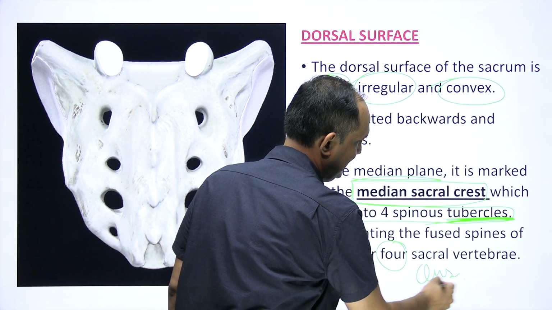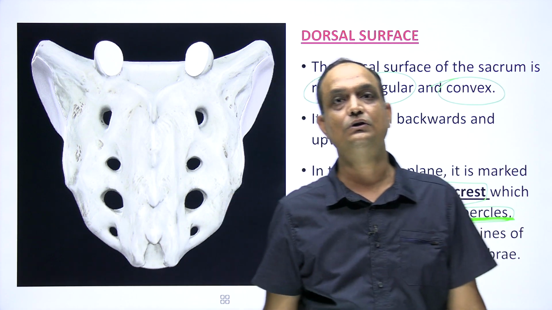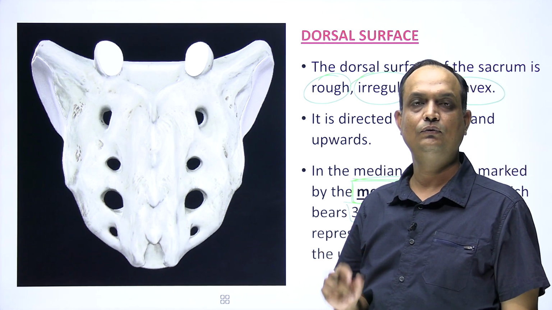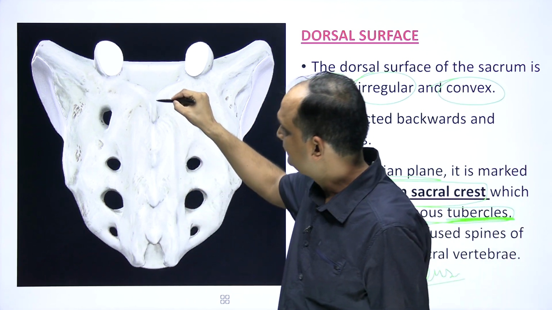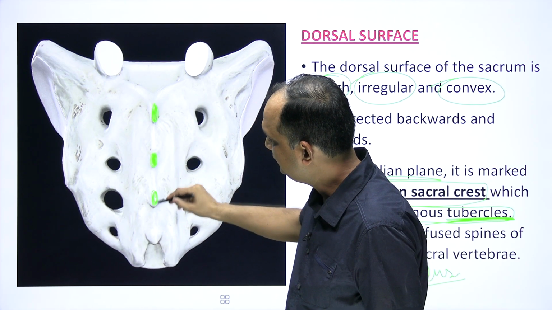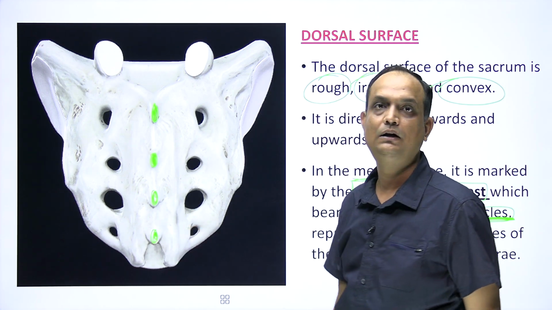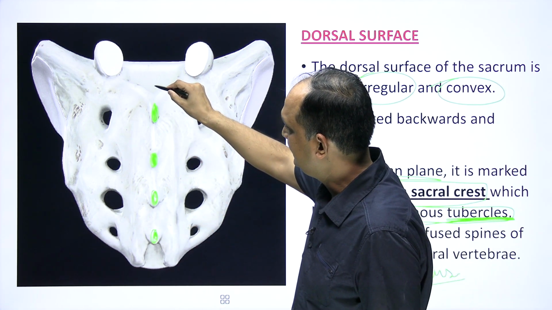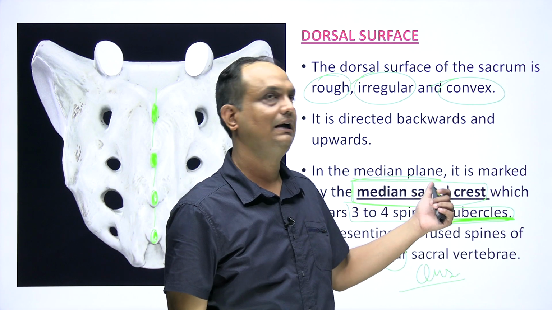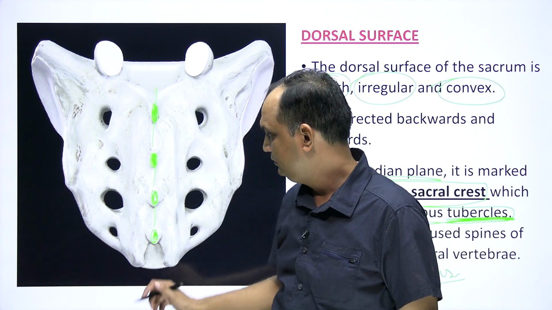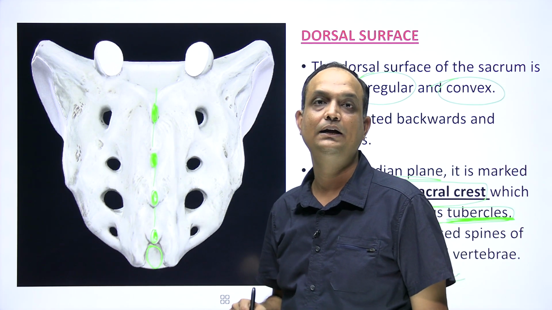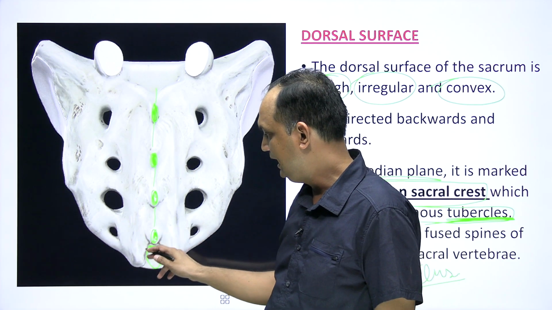So this is the question: does the median sacral crest consist of all 5 sacral spines or only 4? The answer is 4, not 5. Here you can see this is the 1st spinous tubercle, this is the 2nd, 3rd and 4th tubercle. These tubercles are connected by a line, and this line is known as the median sacral crest. Clear? Now this area does not have the 5th sacral spinous tubercle, and that's why you have a gap